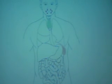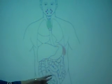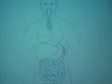One you might not have heard of before is called a Peyer's patch, and they're located in the intestines. You can see scattered here among the small intestines. They are also patches of lymphoid tissue, and they're also guard shacks. They're removing